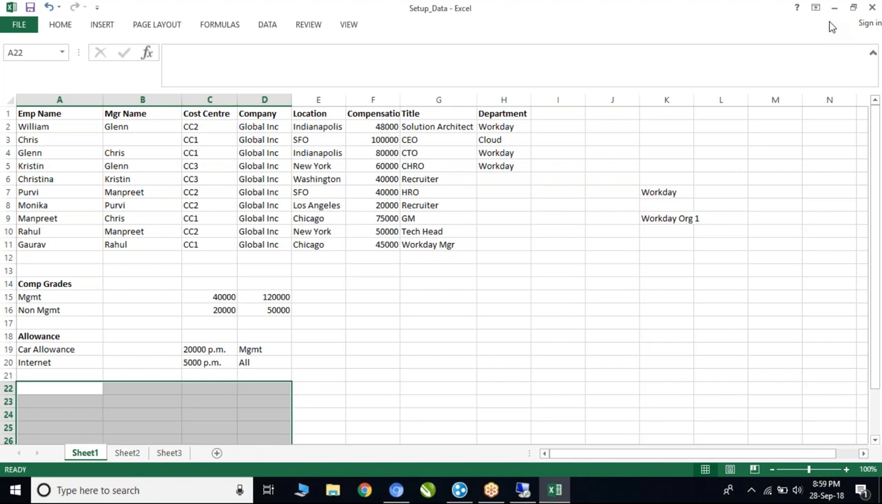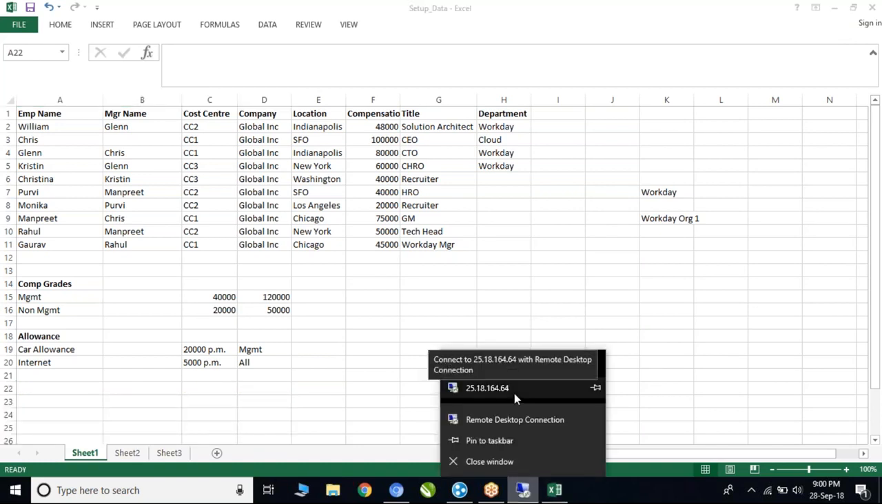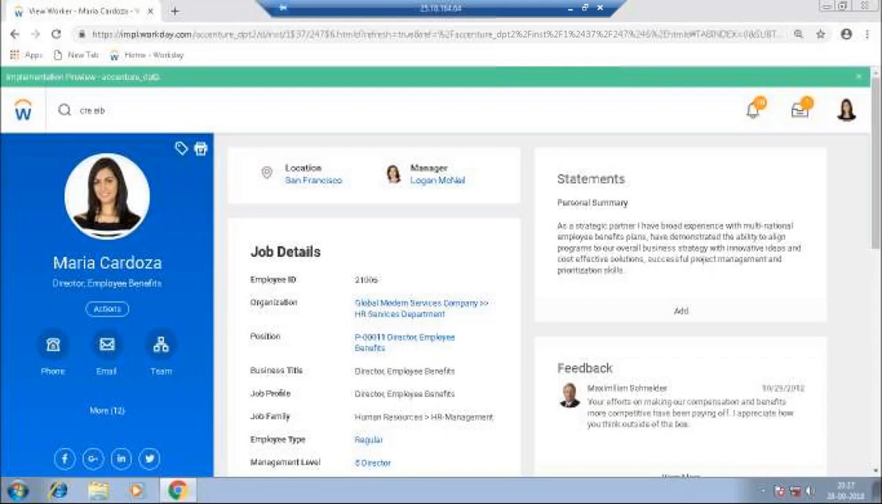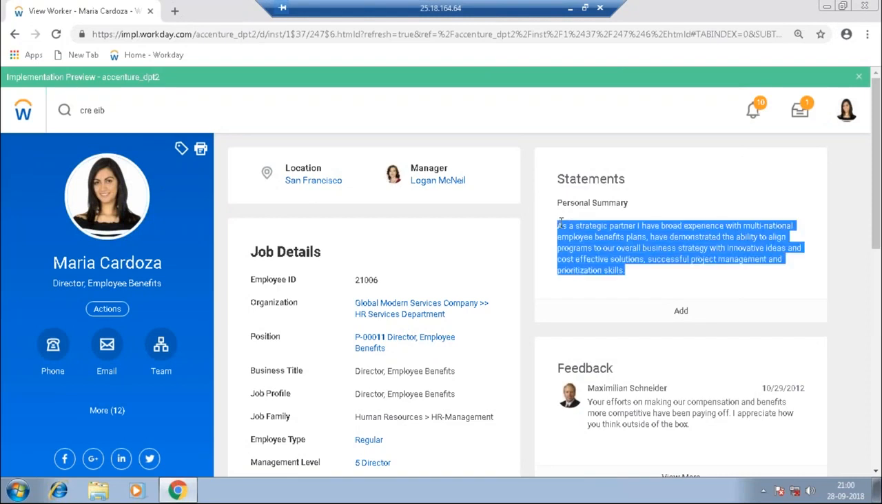So what happens is, I'll just show you one thing. If you see our tenant, the language has been set as English. For this Maria Cardoza, the language is English. So all the localization settings, how everything looks, the basic dashboards,